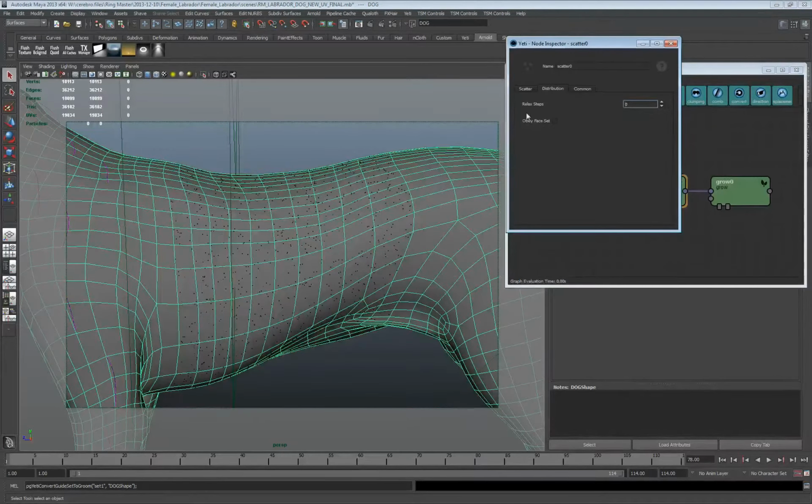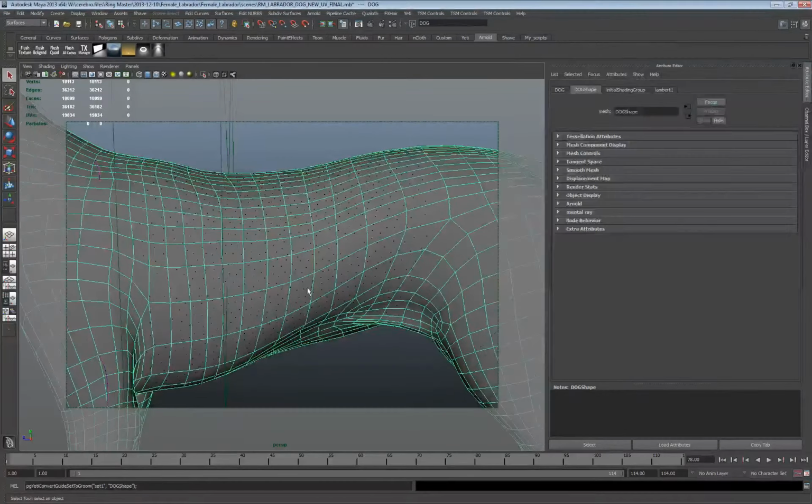So you can use these relax steps to make the growth uniform. If I increase it, it will try to maintain equal distance between each point. Even if I go again to my graph,